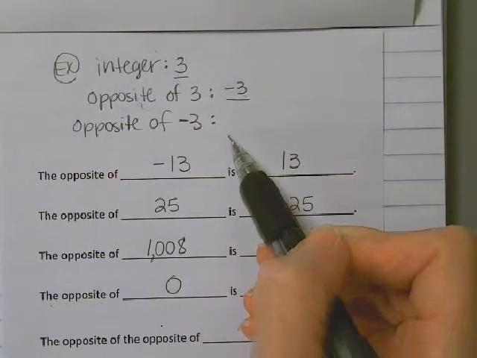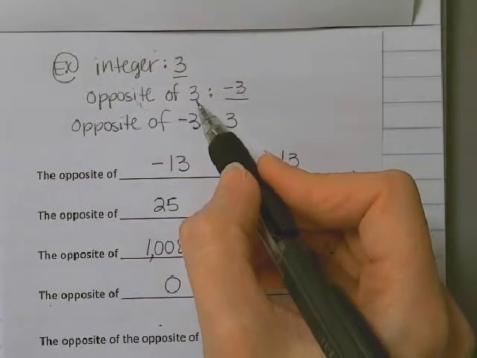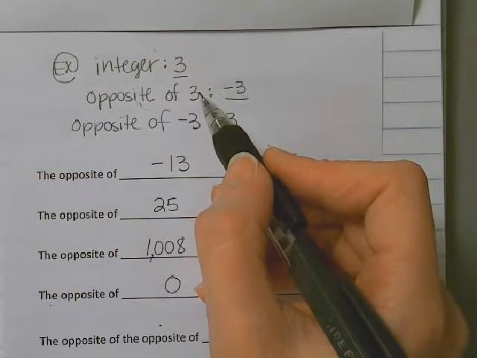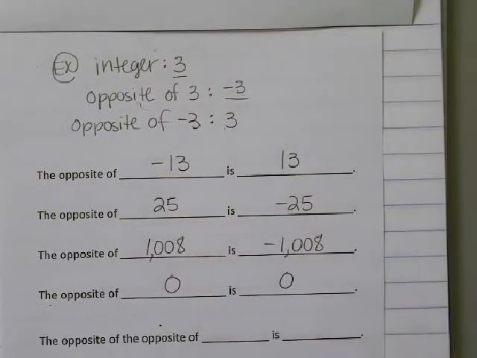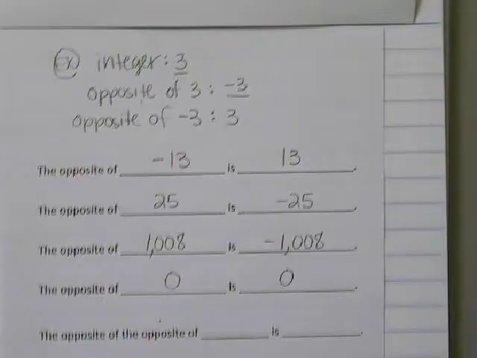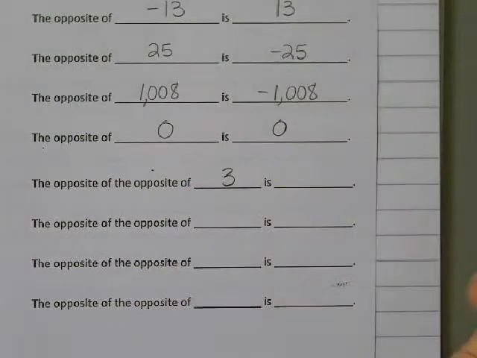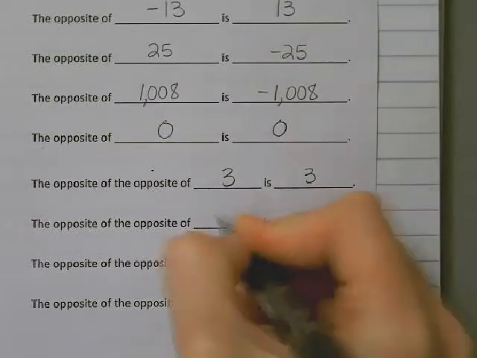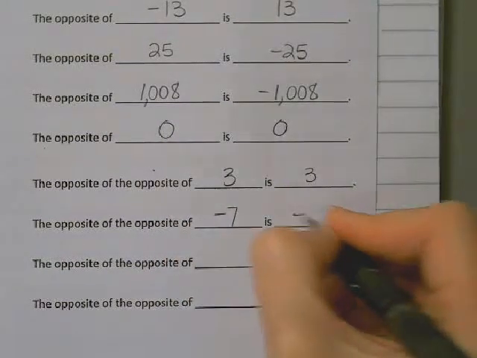And we can see that example here. So anytime, if I have the number 3, the opposite of the opposite of 3 is? 3. If I have -7, it's going to be -7. If I have 31, it's going to be 31. If I have -42, it's going to be -42. Okay,